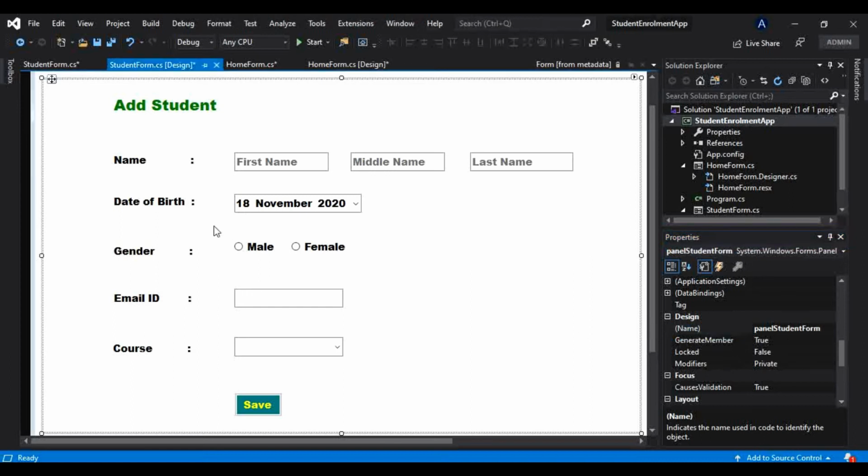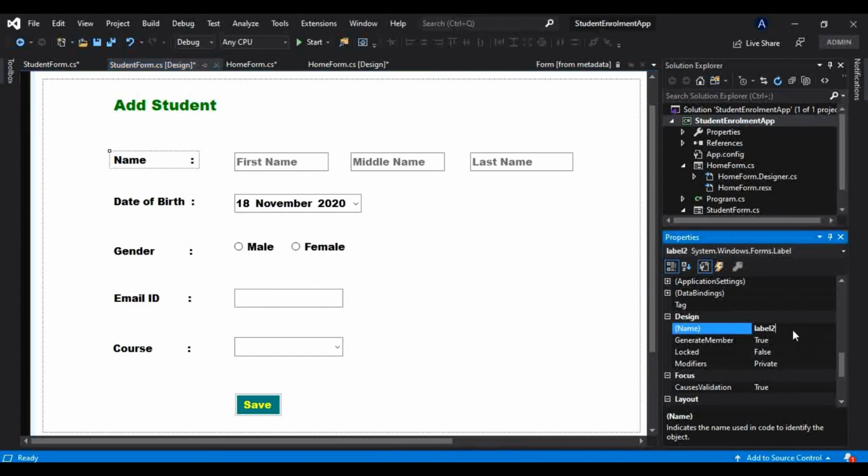Okay, and again we haven't given names to these labels, to these text boxes. We should give meaningful names to this as well.